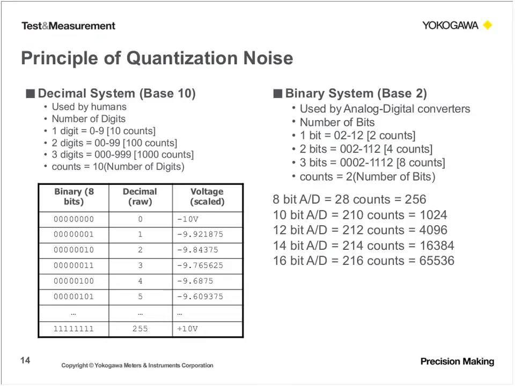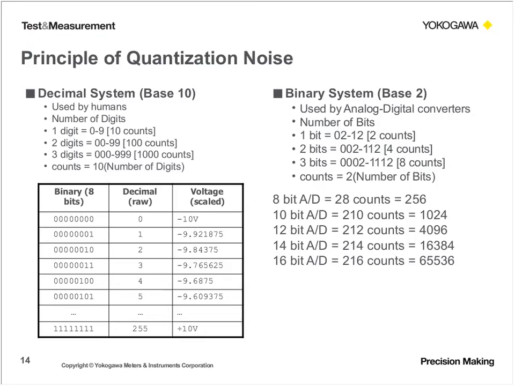So the way we classify analog to digital converters is the number of counts equals 2 to the number of bits. So it is an exponential number. You'll see for the example that I have, for an 8-bit A to D converter, you can have up to 256 counts. For a 10-bit A to D converter, you have 1,024 counts. So you can see that it's an exponential increase